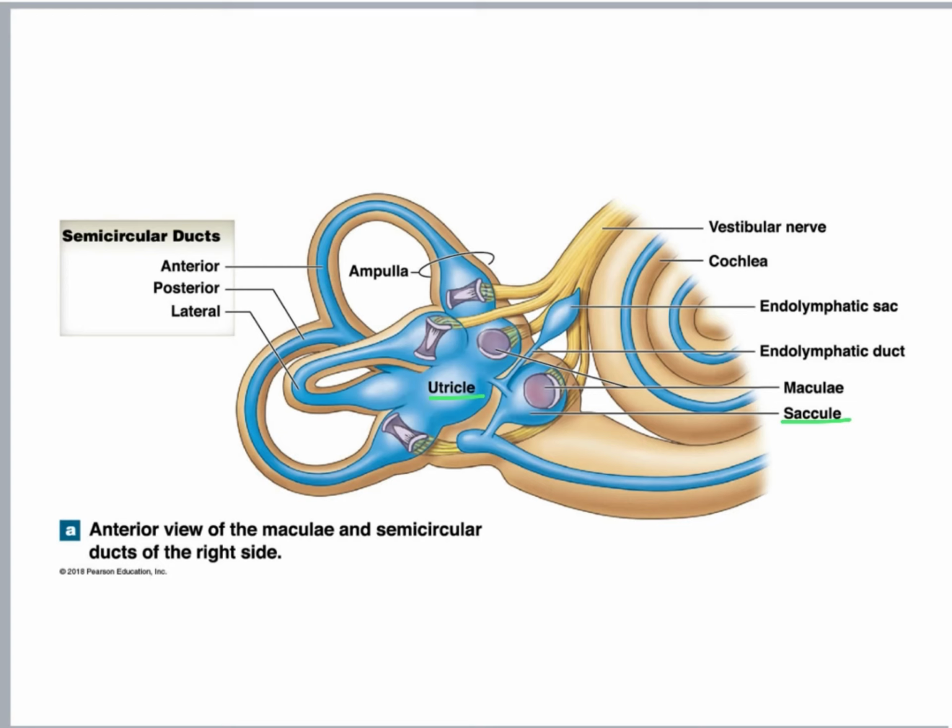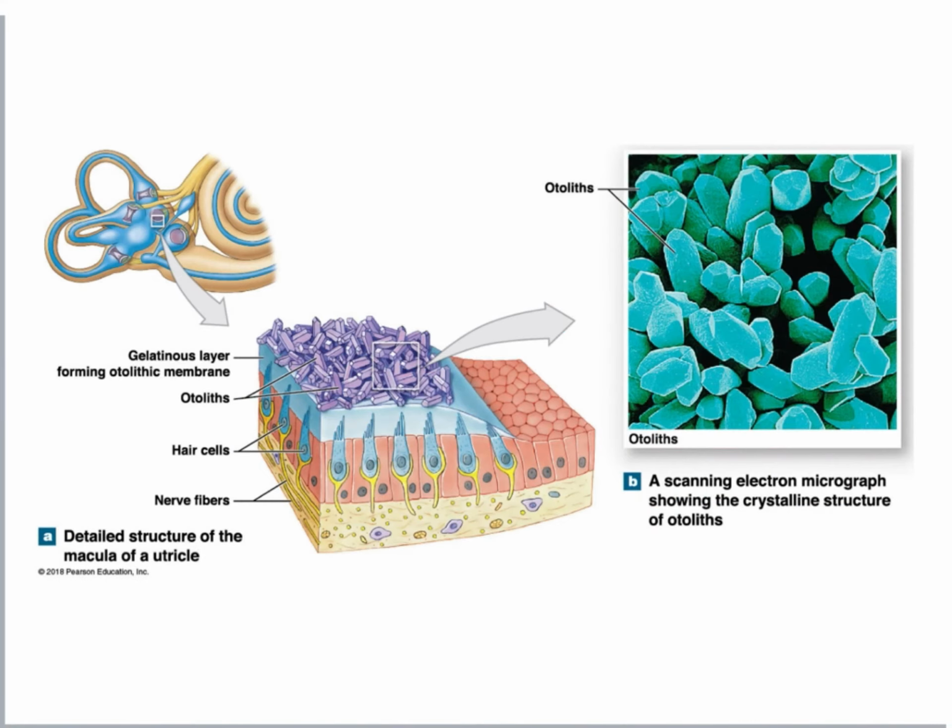Now, on the other hand, the semicircular ducts, which are these semicircular structures projecting off the vestibule, are involved with informing us about rotational movement in space. So now let's zoom in on the utricle and saccule, which are the membranous sacs I just mentioned. So these sacs, you can see here, one of them, in this case the utricle, and we have something